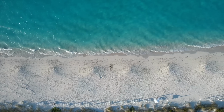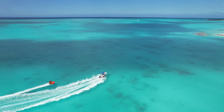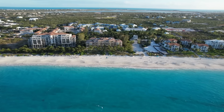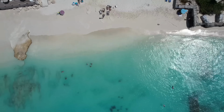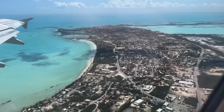It's flat, not many mountains, so it makes it easy to drive around. If you wanted to be in the main city area, do check out Grace Bay. That seems to be the most popular place for people to go on Grand Turk. Or Providenciales. Now also, I would recommend going to the Caribbean outside of the summer months, because that's hurricane season,